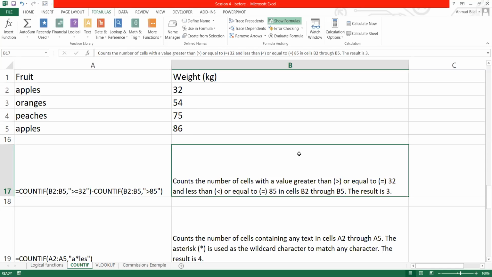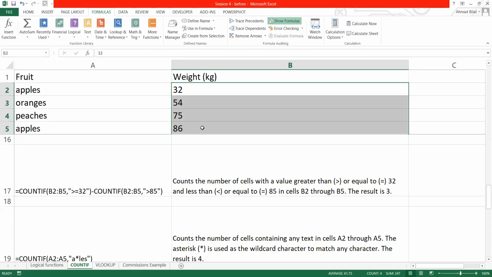So आपको count करना है, for example, the number of cells that have a value greater than or equal to 32 and less than or equal to 85. आपको दो conditions apply करनी है, greater than or equal to 32 हो और less than or equal to 85 हो. So basically 32 और 85 के दरम्यान में कितनी values हैं इन cells के अंदर ये आपको calculate करना,